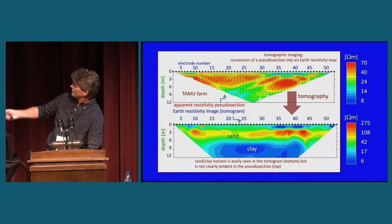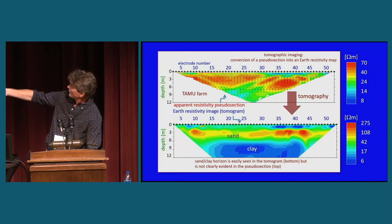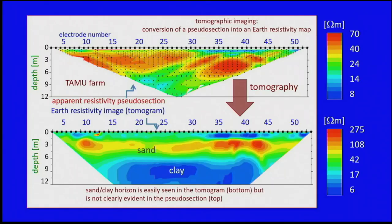What we do then is take our pseudo-section. Here's another example. This is from the farm just out there, the Texas A&M farm, and we have a nice even distribution of data. By a process of tomography, we can reconstruct the Earth resistivity, and we know out there that there's a sand layer overlying a clay at about 6 or 7 meters. So we can get an image. Here are our electrodes on the surface. This is our depth. Here we're going down 12 meters, about 30 feet, and we can map the subsurface